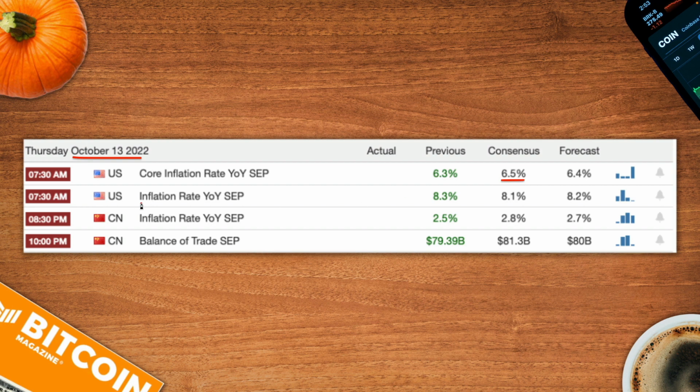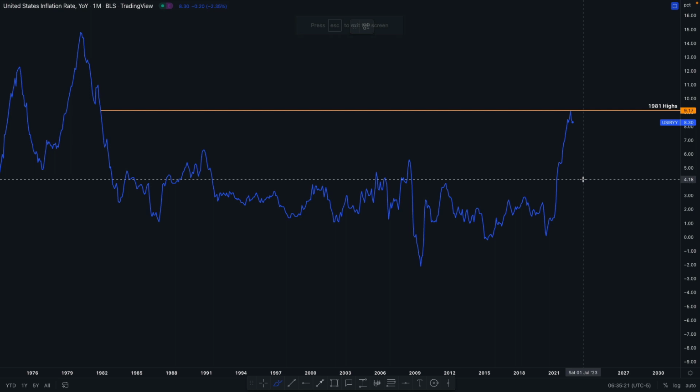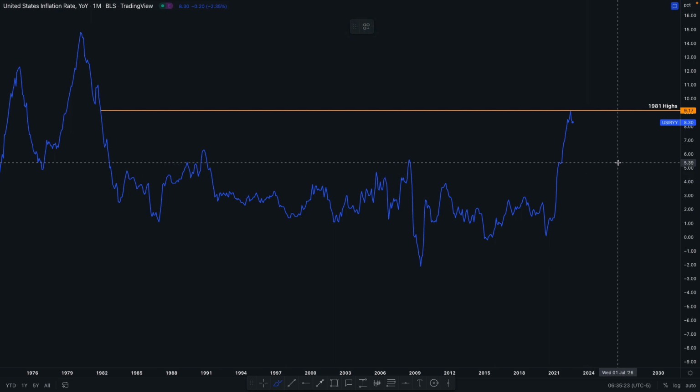And then you've got the inflation rate, which is what the people care about, and people are thinking it's going to be 0.2% under, which, compared to the consensus, isn't really much of a change, but it is going down. So it'll be interesting to see how these come out, because again, remember, the only reason we're talking about the Fed and macroeconomics is because it has such a huge weight on the markets right now.